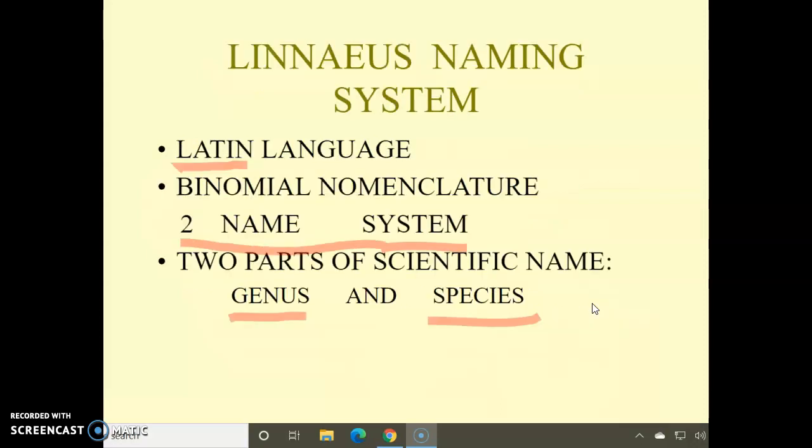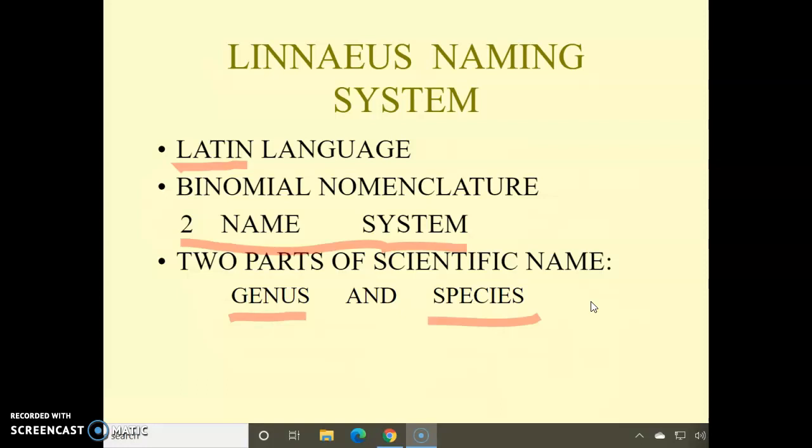Now, he developed this from the Latin language, and I often tell kids if I had a chance when I went back, if I was able, I really wish I had taken Latin. So much in biology. If you're looking to get a degree in biology, it would really be an advantage to take a little Latin. As a matter of fact, I have a friend who teaches biology and Latin at her school. Also, if you're going into medicine, many of the parts of the body, the scientific names, are going to be in Latin.